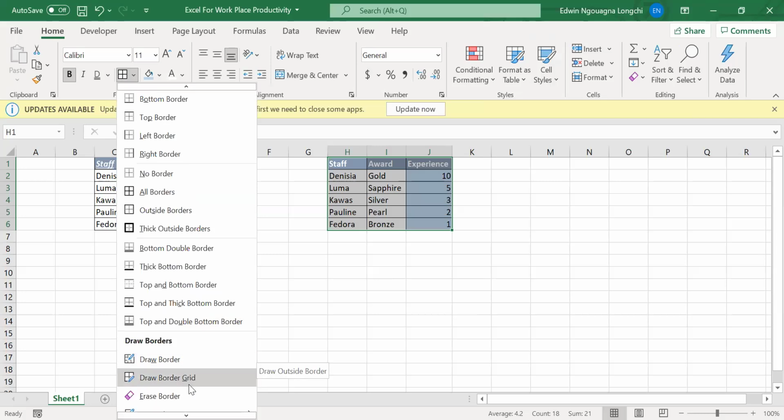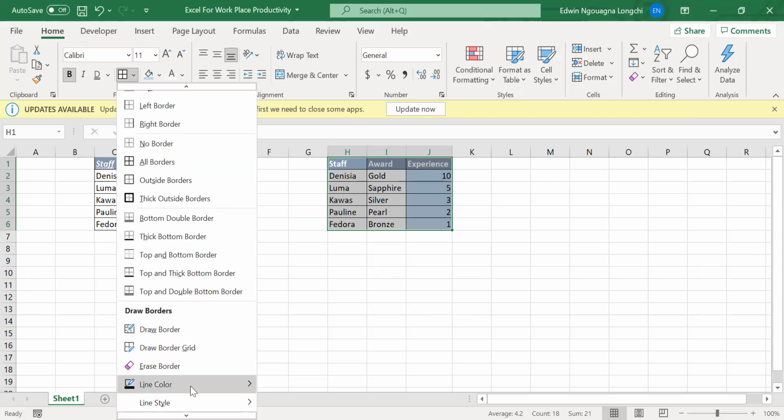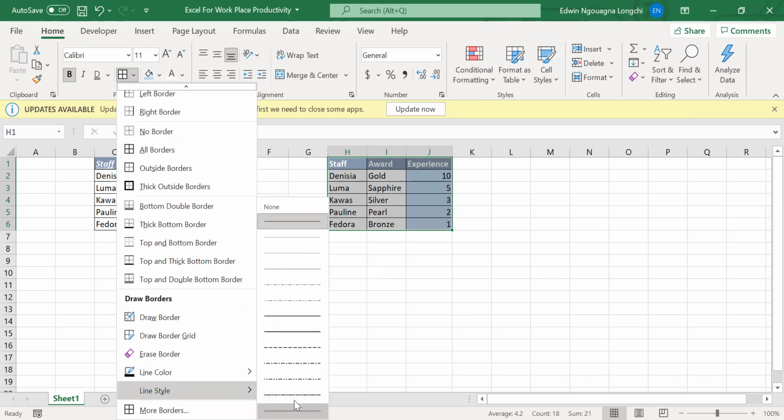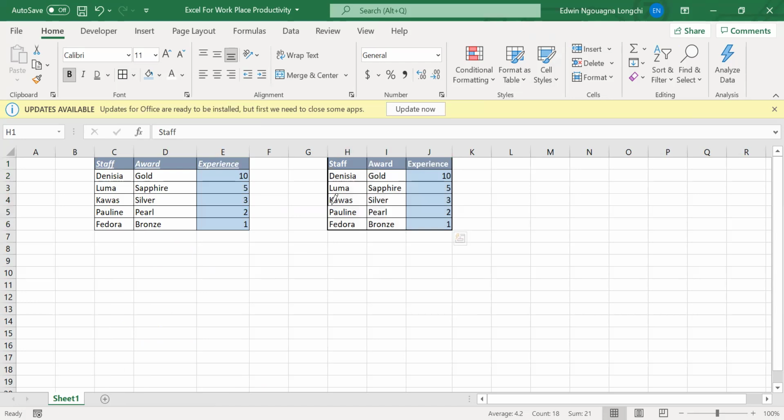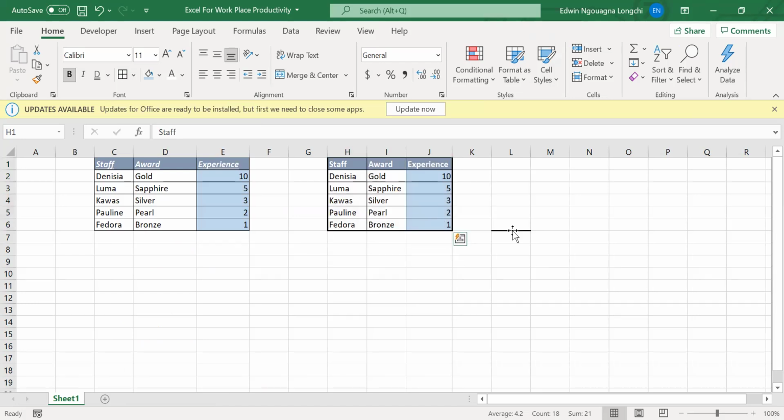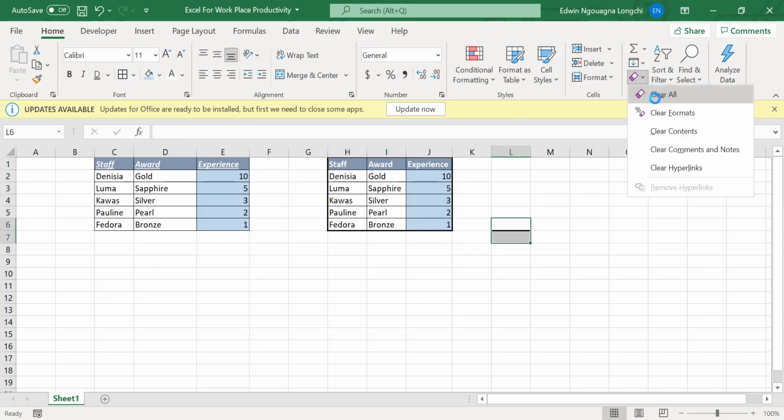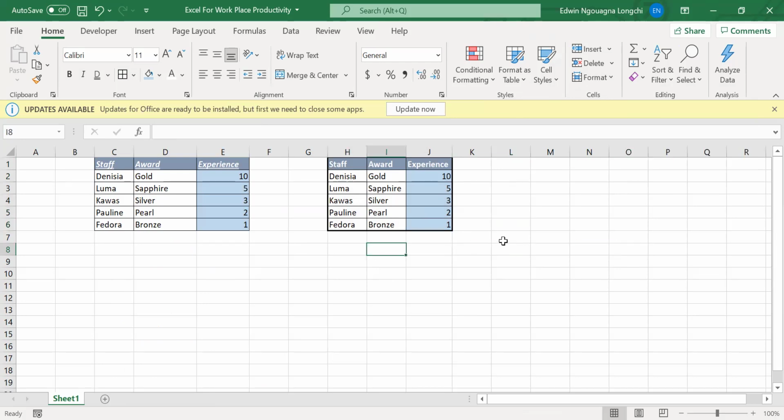Okay, draw borderline, line color, line style. Yeah. So this one, you have to use your pen to put it up, stuff like that. So let me clear this off. All right, so it's thicker, right? It's thicker than it was before.